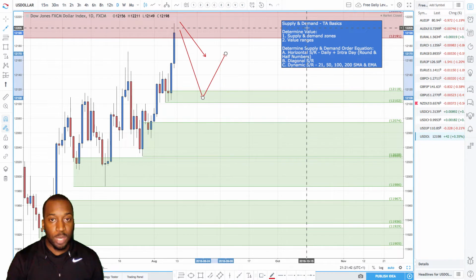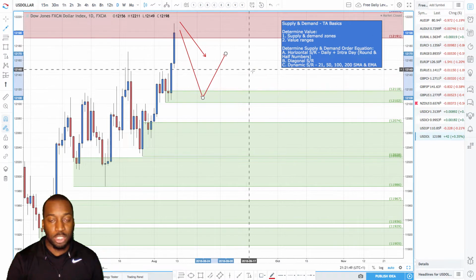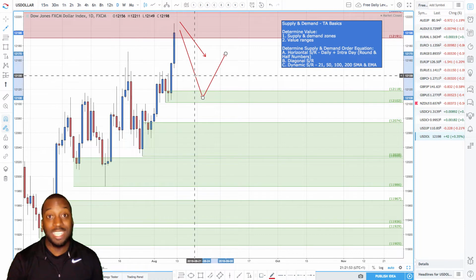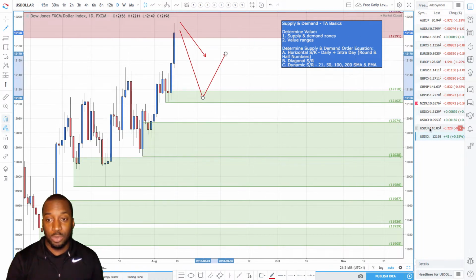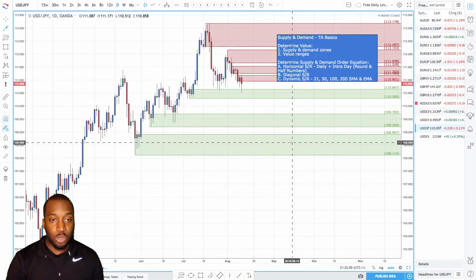long. Now I also have the supply and demand technical analysis basics here. But what I'll do is I won't get into it on this currency pair, or this index I should say. I'll get into it on the next one, which is the dollar yen. So dollar yen,